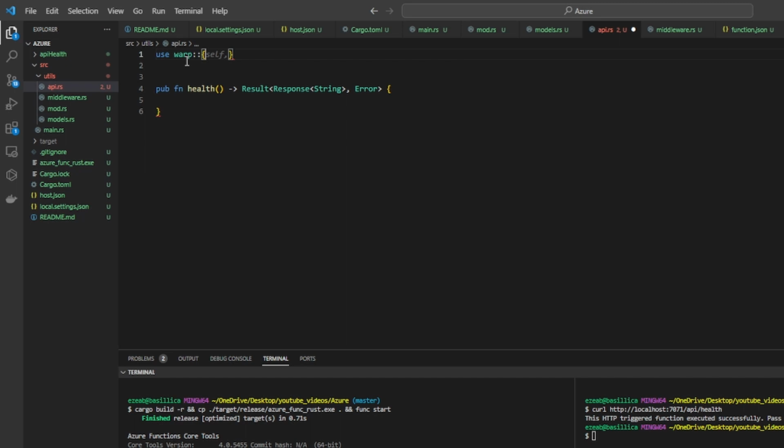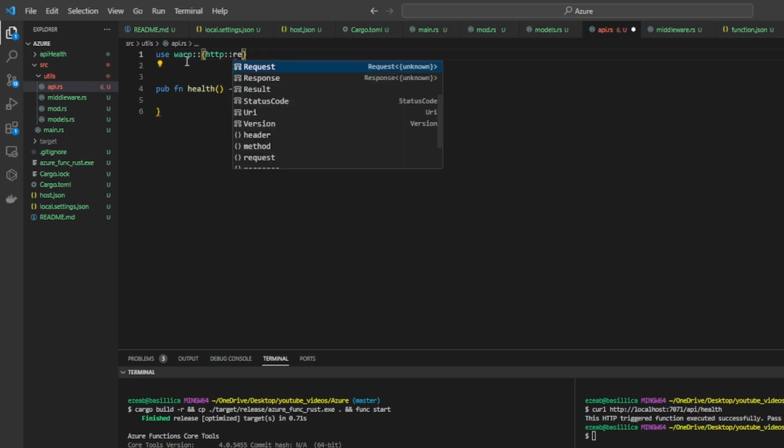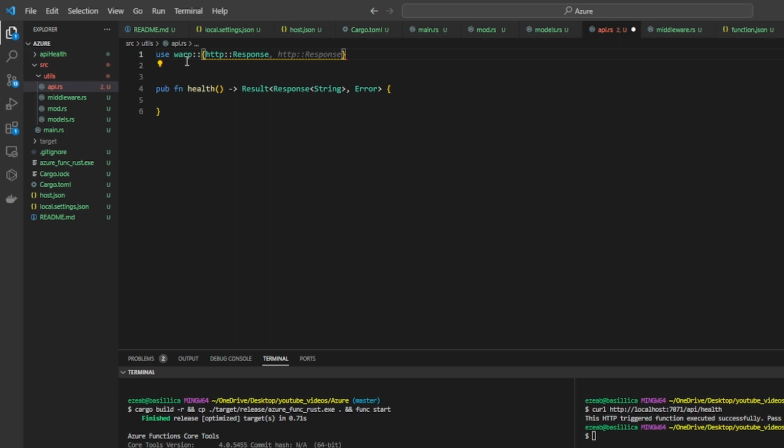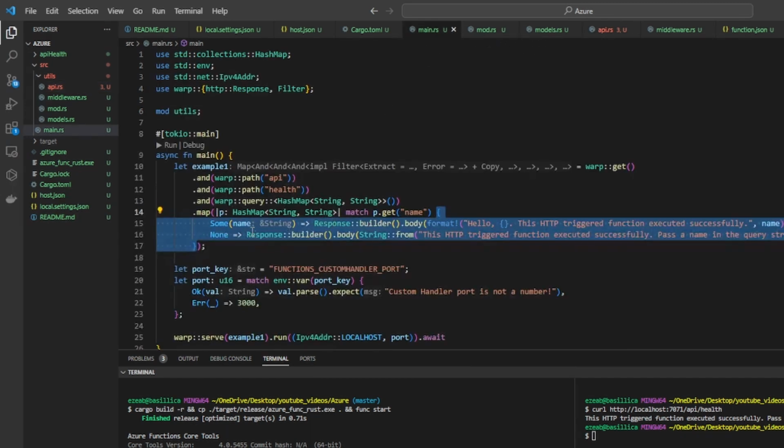And so we need HTTP response, and we need HTTP. Do we need a no? We have this already. So we get error, and this should be fine. And what we can actually now do is to copy this logic in here. So this one, you can just copy this,